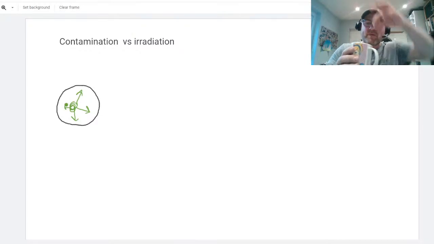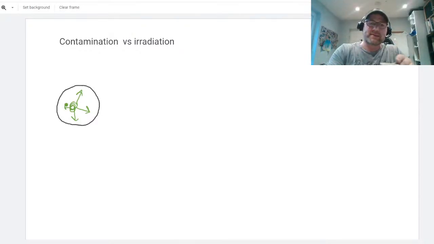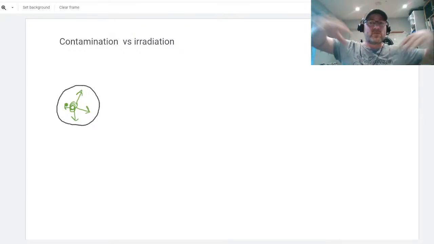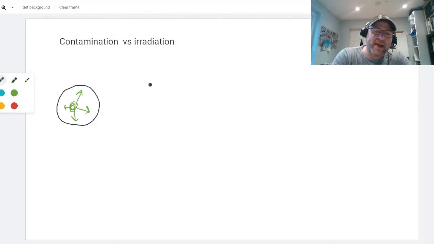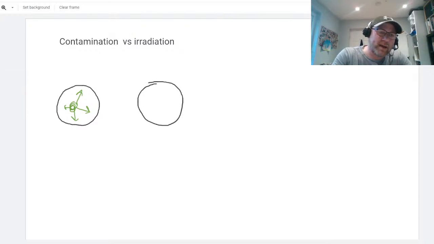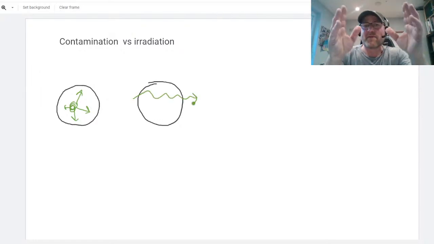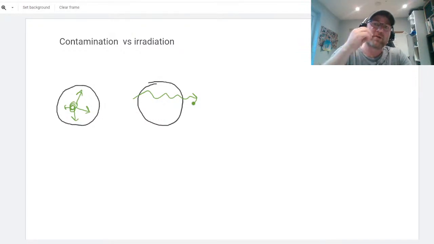If a radioactive sample is dropped in this cup, it's contaminated. It means that wherever you take that object, wherever I walk, I'm giving off radiation and I'm radiating everyone around me. Irradiation is something slightly different. Irradiation is when radioactive particles pass through an object. Any of you that have ever broken your arm and had an X-ray, or at the dentist, you've bitten on that thing and the dentist goes out the room and they fire an X-ray, you're being irradiated right there. The radiation is passing through you, and on its way through,